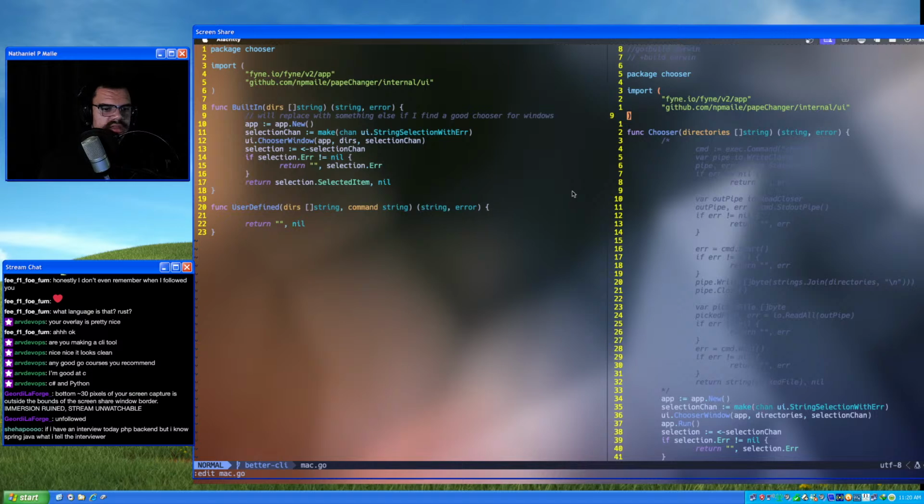Shihapu says, if I have an interview today, PHP backend, but I know Spring Java, what do I tell the interviewer? So it's a PHP backend dev job, but you know Spring Java. I mean, if you lie to your interviewer and say that you know PHP, you're going to get a PHP exam, and you're not going to do well on it, and that's pretty bad. But if you're already in the interview, just explain to your interviewer that you are very good at Spring Java. You understand how the web works. You do understand how PHP works, at least, even without